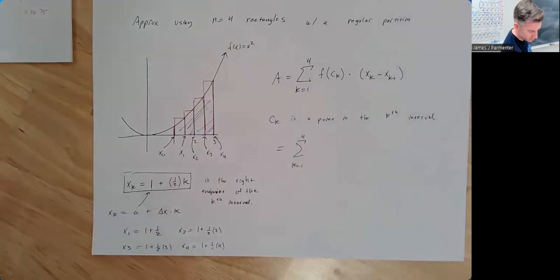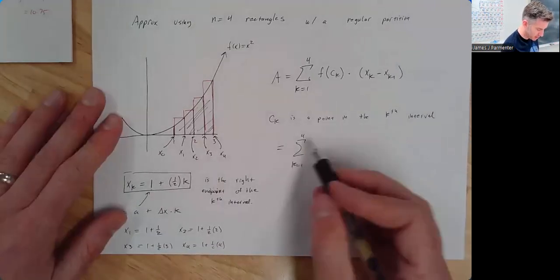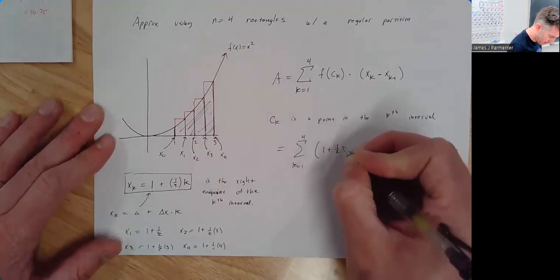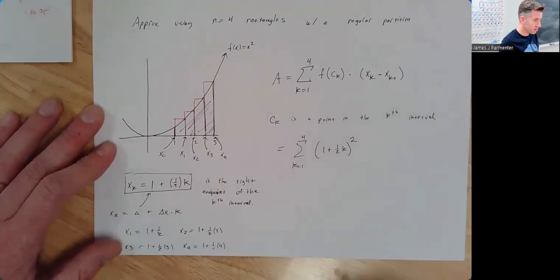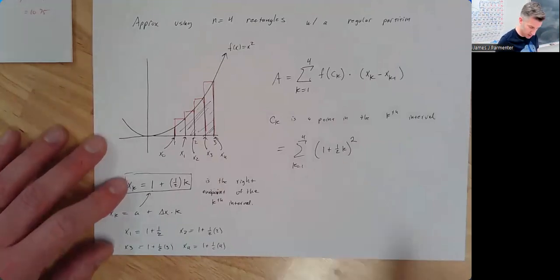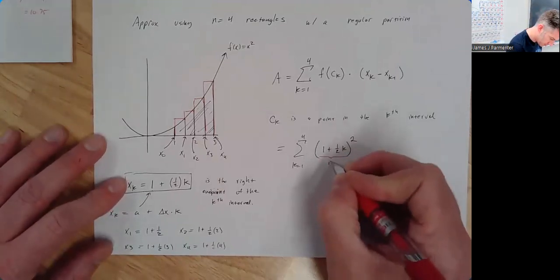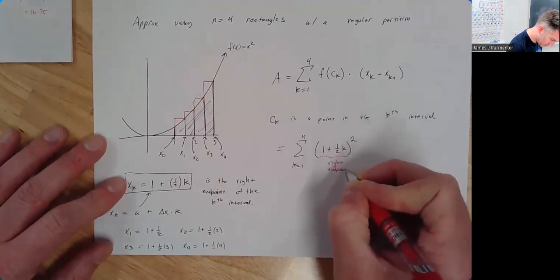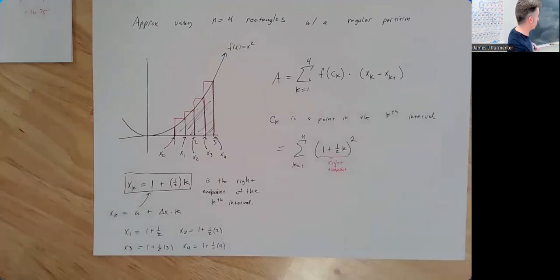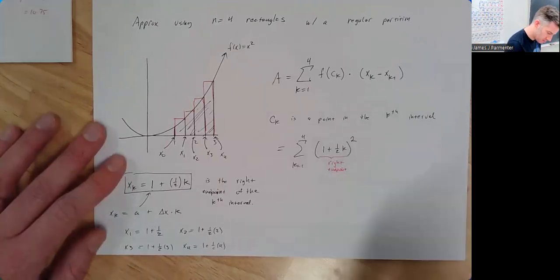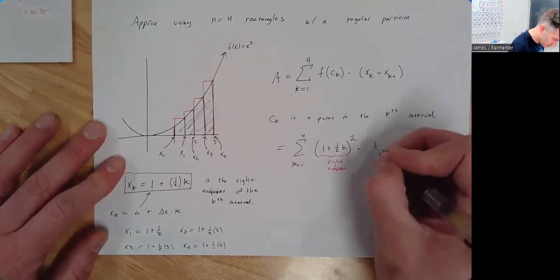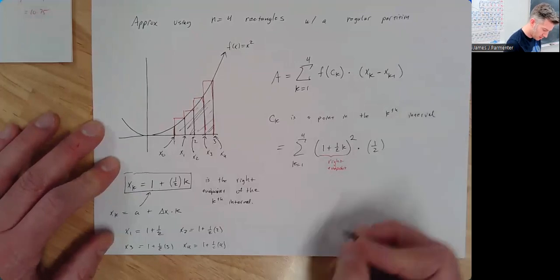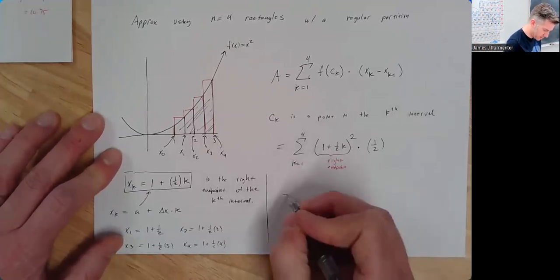That's what's happening there. So in this particular case, we're going to get 1 plus 1/2 k squared, because that's our right endpoint. And the function is that we're squaring it. That's going to give us the height of our function times the base, which is 1/2. Each of these rectangles has a base of 1/2. And in this particular example, that's going to end up being